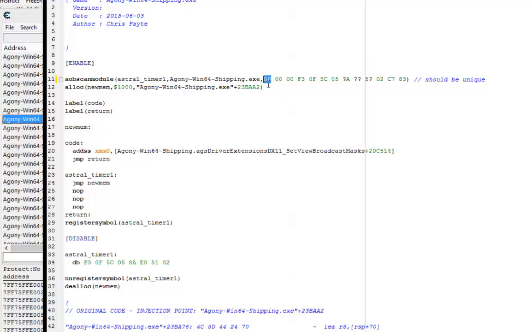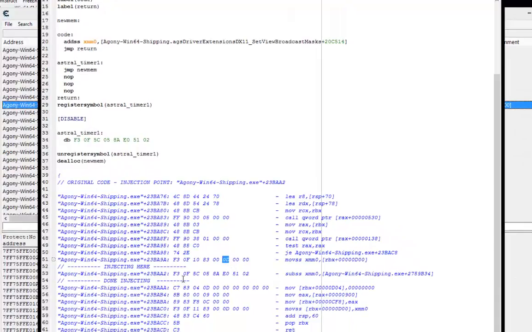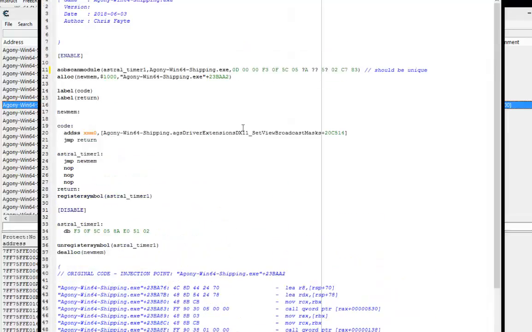So whatever that first byte is, if you add bytes to the beginning of it, it's going to become that new byte. So as you can see, that new byte now starts here and not here. Okay, so now astral underscore timer 1 is that byte, which is part of that instruction, which is like the offset here. Okay, so we need to update that just a little bit, and I'm going to show you how